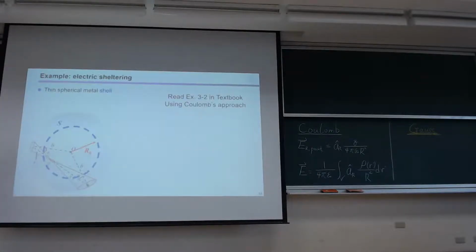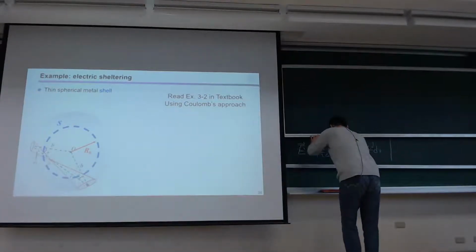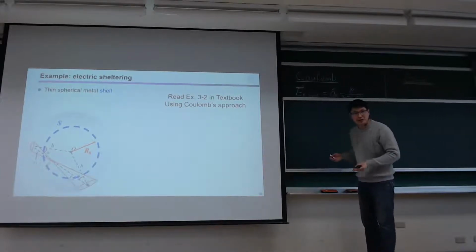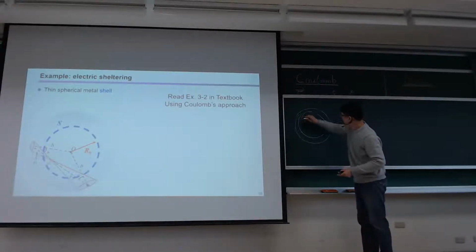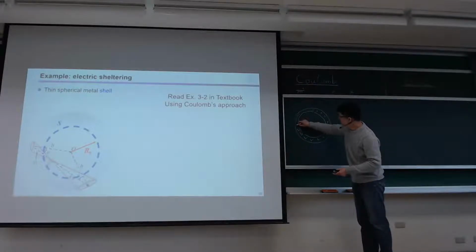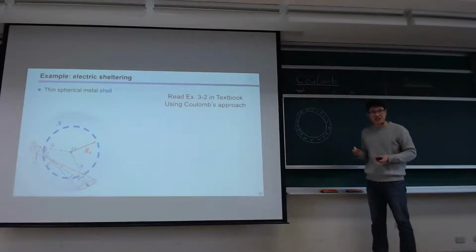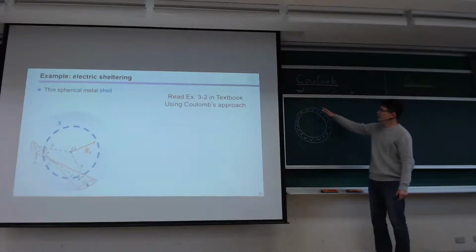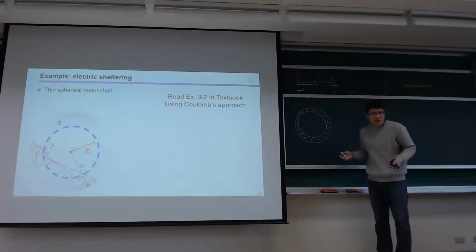It's an extremely powerful tool. The first problem here: if we have a thin shell of charges, let me draw it for you. I'm drawing a two-dimensional version, the cross-section. Eventually, the shell is three-dimensional. So I'm cutting the shell, just showing you the cross-section. If I have a lot of charges distributed along this metallic shell, so the shell has a lot of charges,